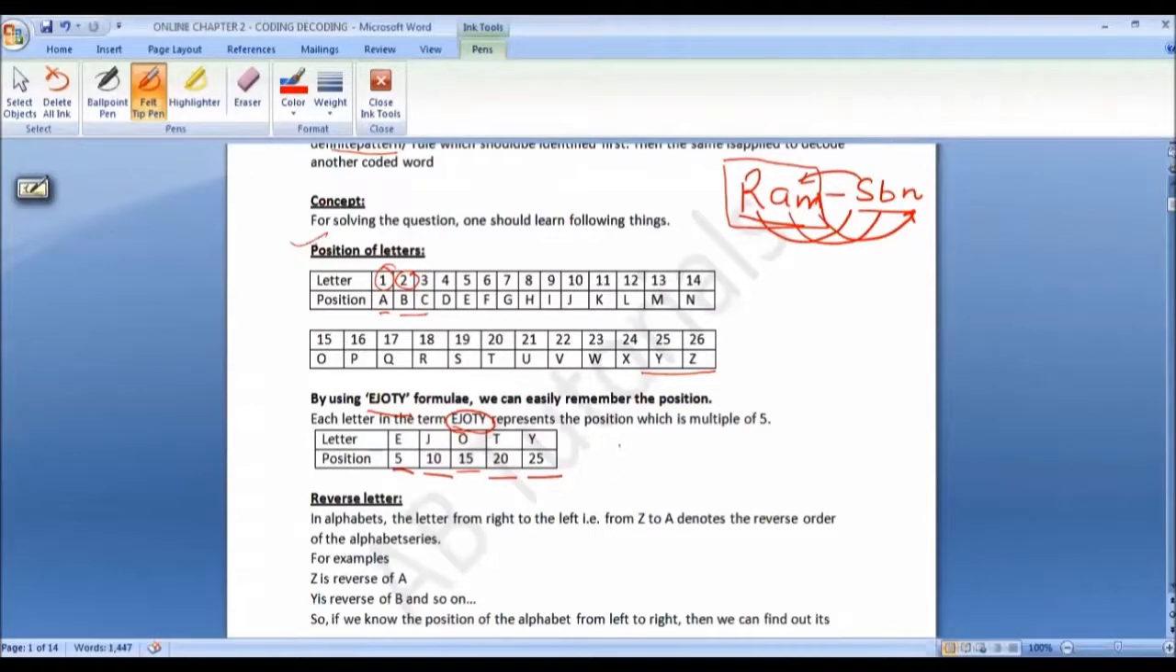See, for example, if we need to find what is the position of L, and we know that L is after J or before O. So instead of starting with A, like A is 1, B is 2, we'll start with J only. We know that J is 10, so K will be 11. Therefore, the position of L is 12. So in this manner, we are going to learn the